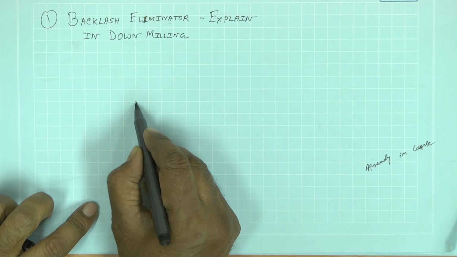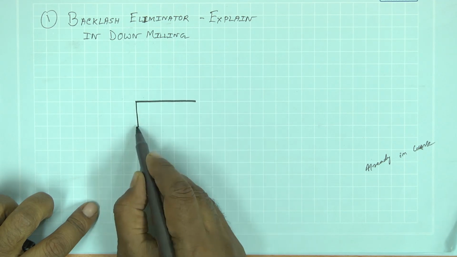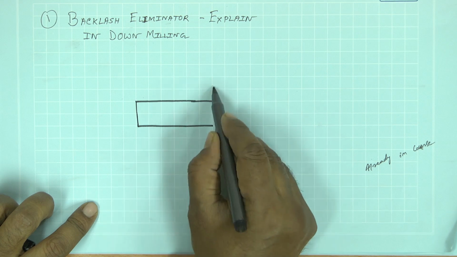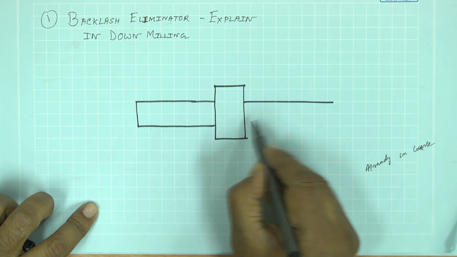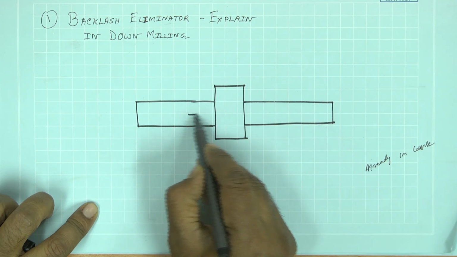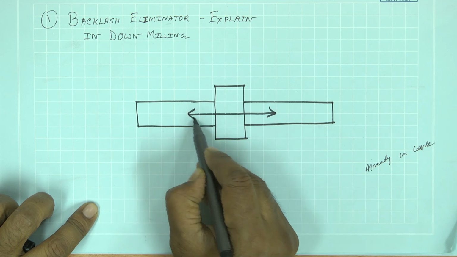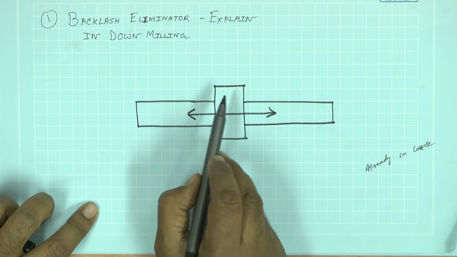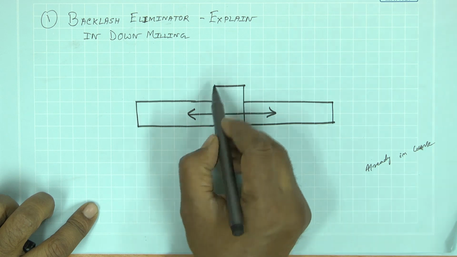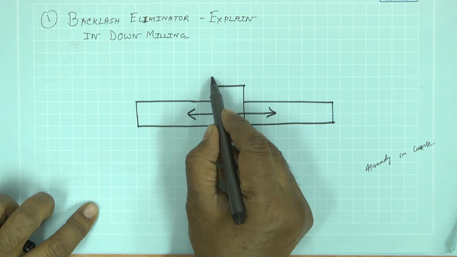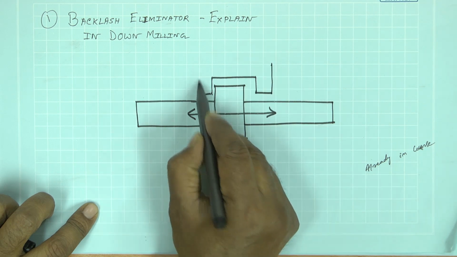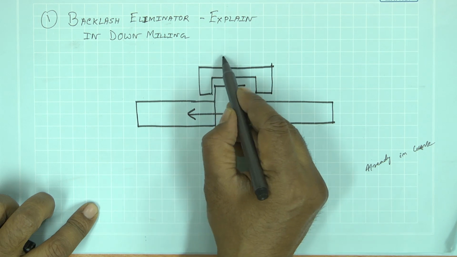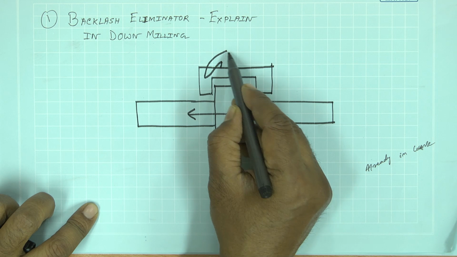This means that, let me draw a figure here to show you. Let us take a very simple case. I have a body which is having a collar on it, and I am intending to move this way and that. Some sort of reciprocation is required. I want to move it this way, that's why I have put a collar on it, and on top of this collar I have fit a groove, not very tight, it has a clearance, which I intend to move, say by my hand.